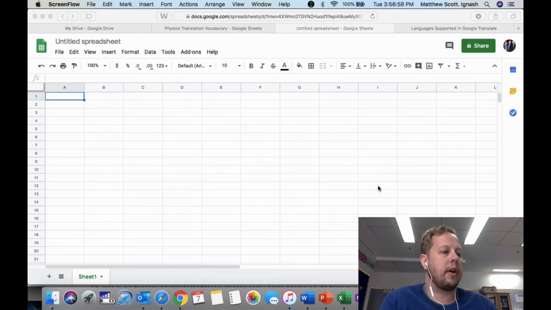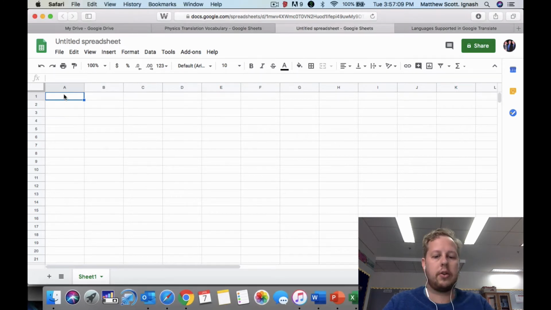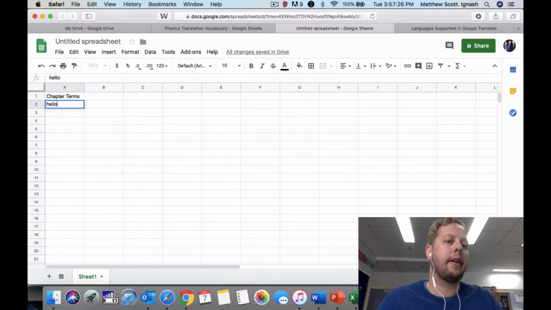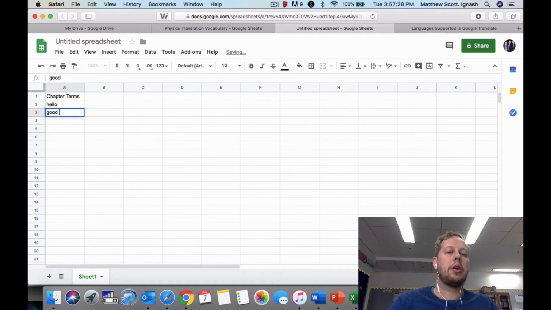Today I'm going to cover how to create a Google spreadsheet that translates cell information using Google Translate. In the first column, what you're going to do is provide the terminology in your source language. In my case it's English, so I'm just going to type here chapter terms, and some words that might be included might be like hello, goodbye,